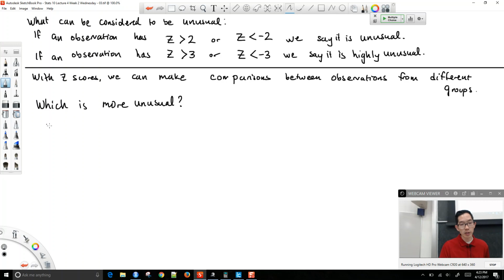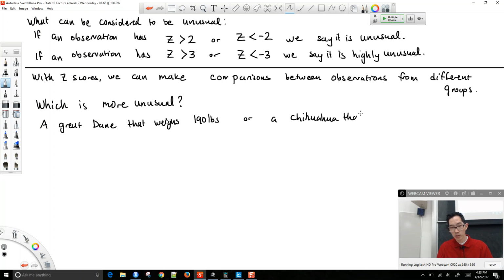Okay, and we'll say a Great Dane. So we're talking about dogs here. A Great Dane is like a Marmaduke, okay? A Great Dane that weighs 190 pounds, or a Chihuahua that weighs 9 pounds. Okay, and so I went and looked up information on some dogs here, and so for Great